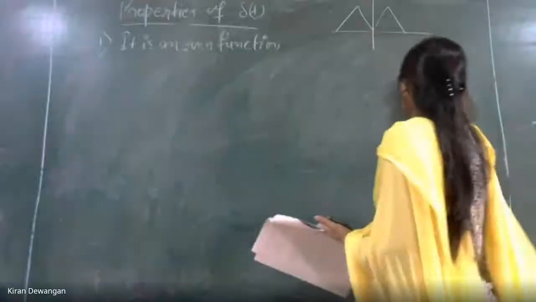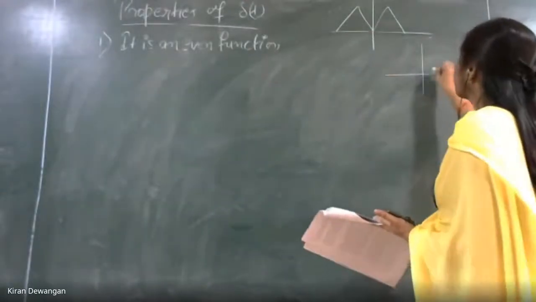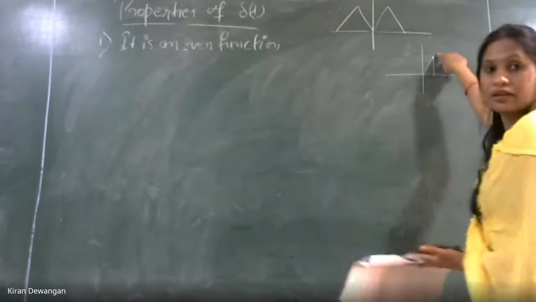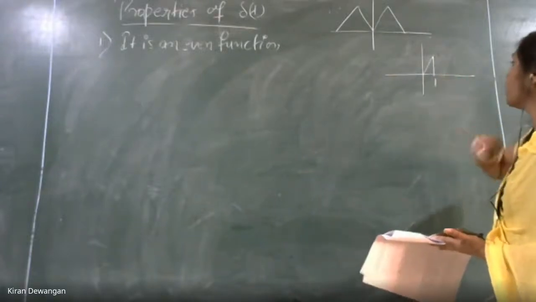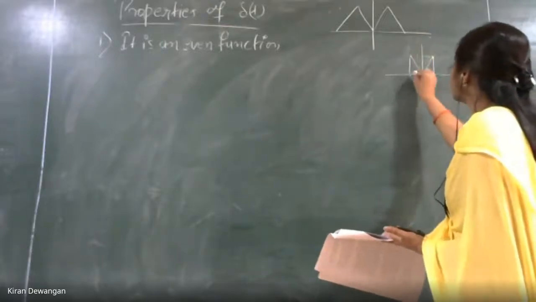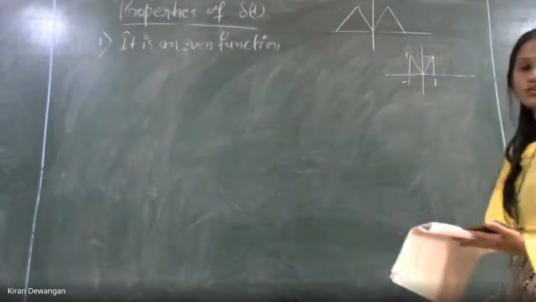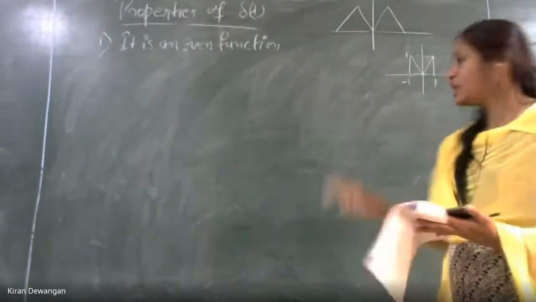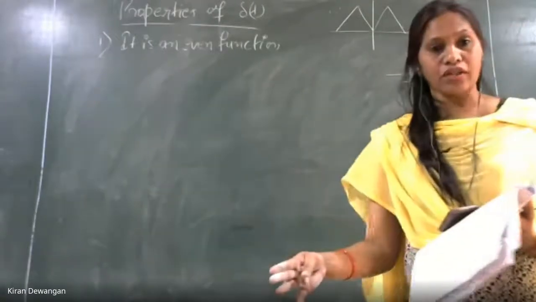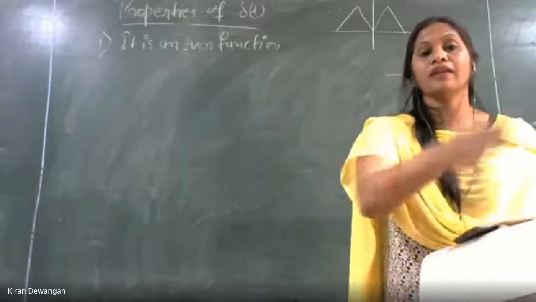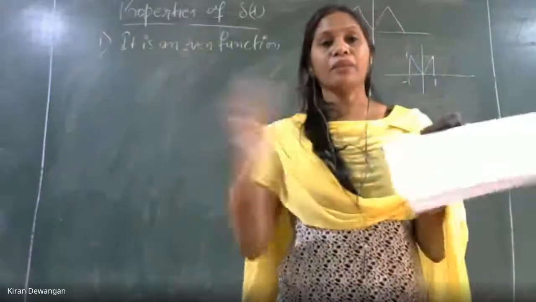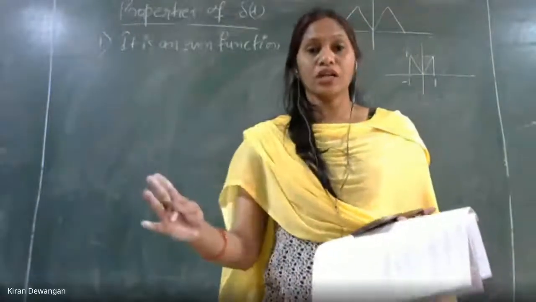अगर मैं ये प्लॉट कर रही हूँ, if I am plotting this one, ठीक है, if this is 1, the value is 1, यहाँ पर 1 है, then at -1 also the value should be 1. This is what an even function is. मतलब जो x of plus t पे होता है, similarly should be like that for x of minus t also. मतलब plus t and minus t should be completely mirror image of each other. पूरा एक दूसरे का mirror image होना चाहिए.